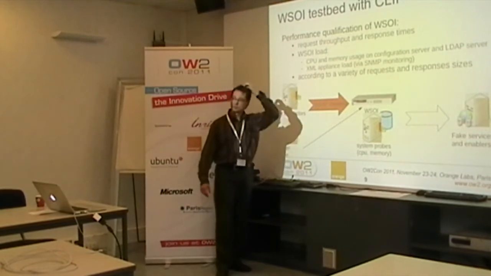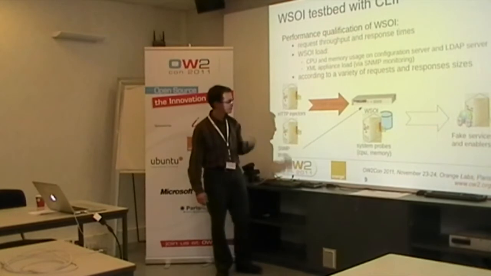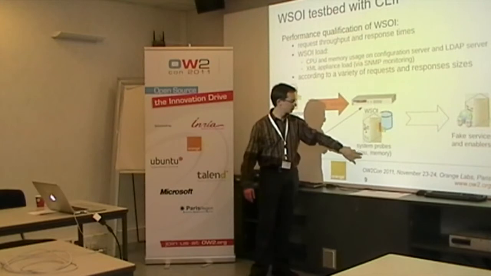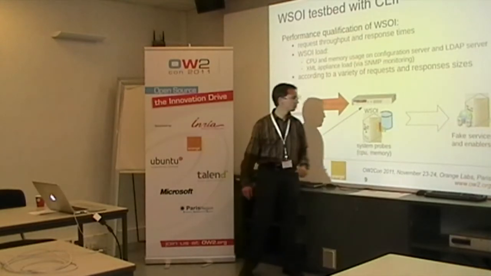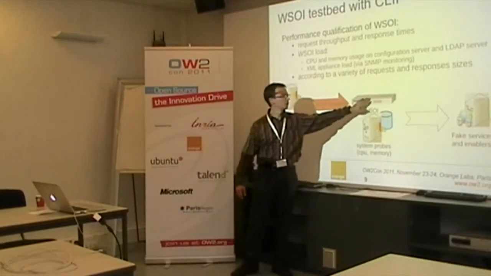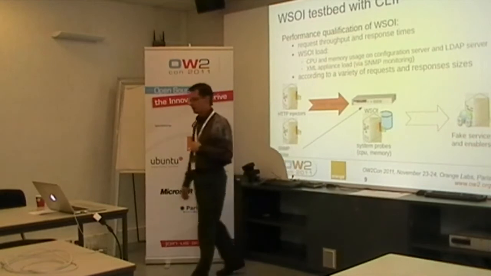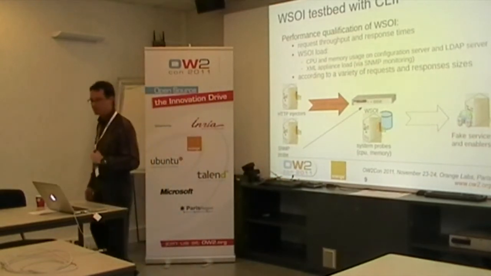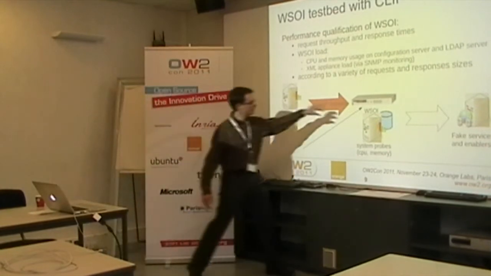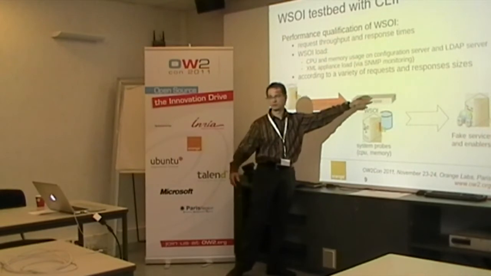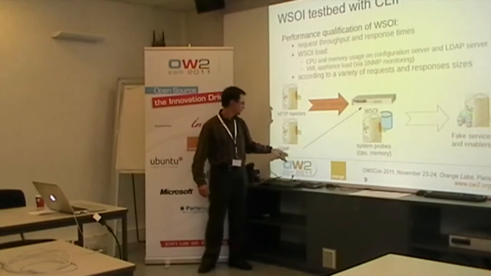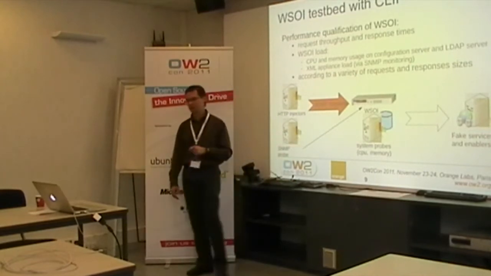We'll also put some probes in order to get some resource usage measures. So on the directory and configuration server, we can put a processor probe and a memory probe. And what we can do also is observe the load of the XML appliance through the Simple Network Management Protocol, which is a standard for network management. So there is an SNMP agent here. It is delivered with the XML appliance. And we have developed a special probe for Cliff here, which will get information from the SNMP agent.